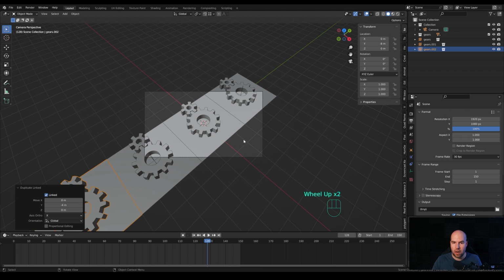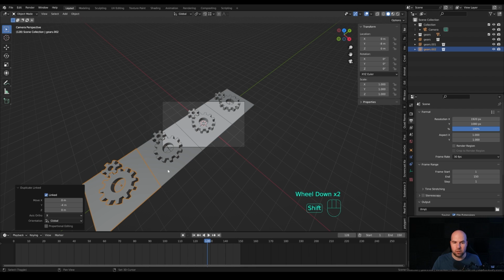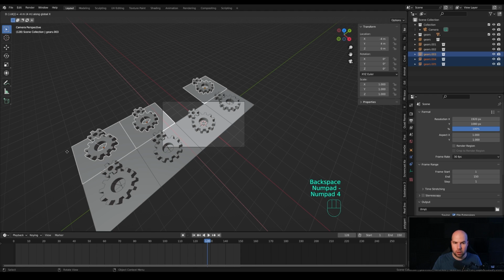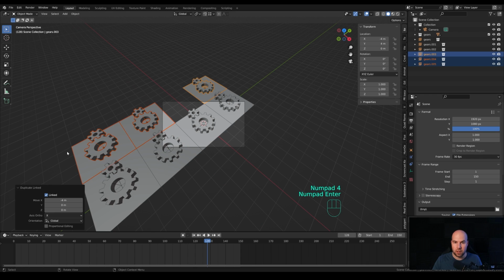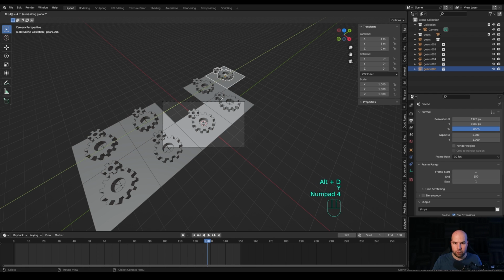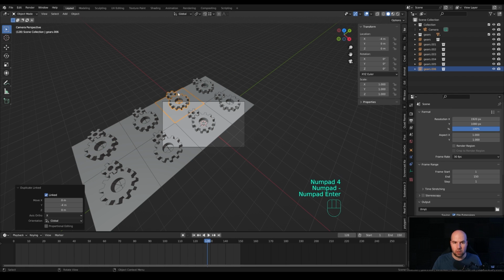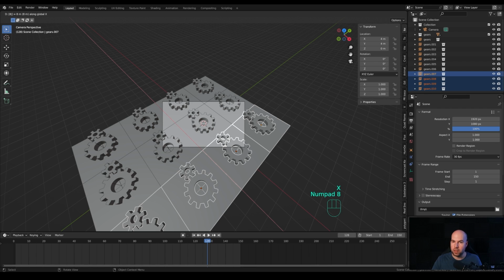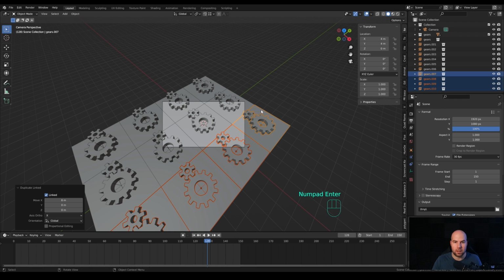And now we need to take care of this empty space right there. So let's hold Shift and select these 3 collections that we have. Press Alt D and X and move them. And we can specify minus 4 because we know we need to move these 4 meters like this. But we have an empty space right here. So just select one of them, press Alt D, Y and 4 minus and just fill the hole. And now we can select all of them, press Alt D, additionally press X and 8, because we know we need to shift them double the length of the background, so that means 8 meters, and let's confirm.